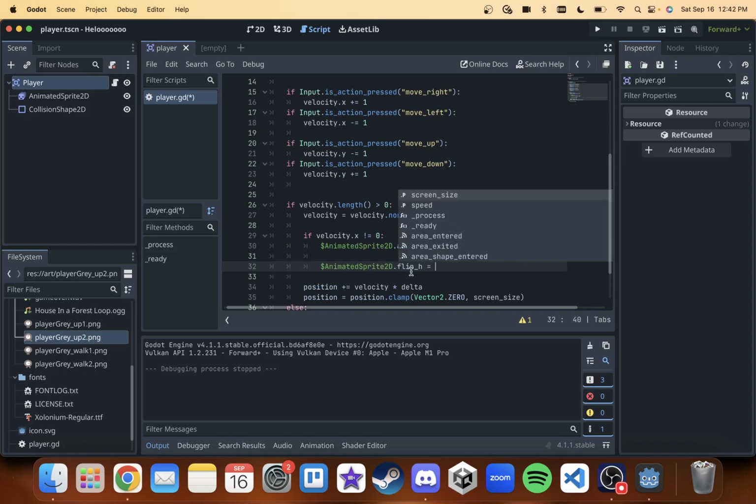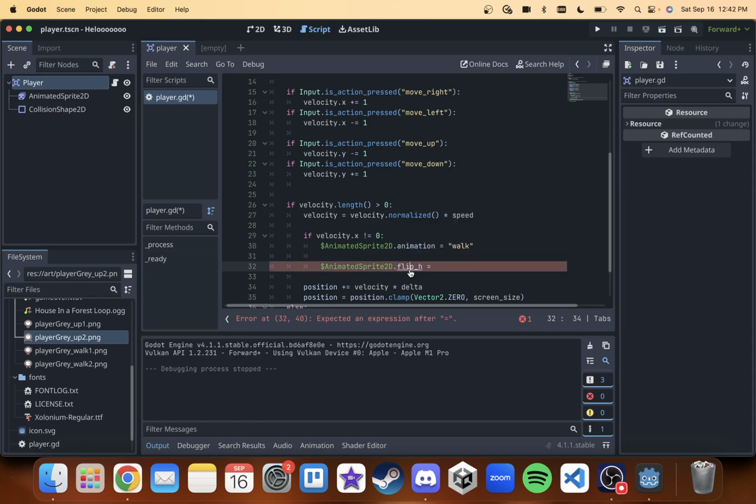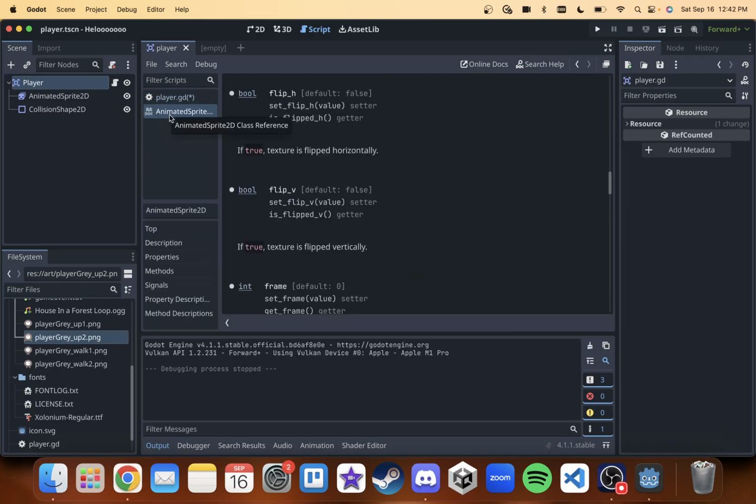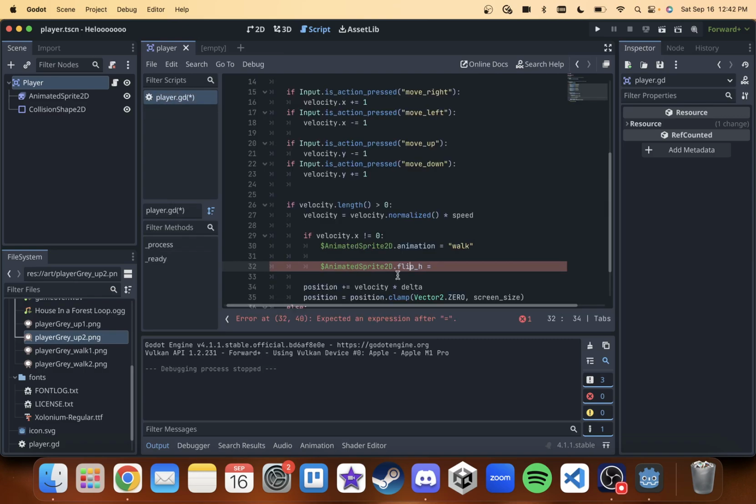If you wanted to check what the type of flip_h is, again, just look at the documentation. You're going to see it's a Boolean. So how can we, in one line, just say, if you're moving one way, flip. If you're moving one way, don't flip. If you're moving the other way, don't flip. Well, we could just do something